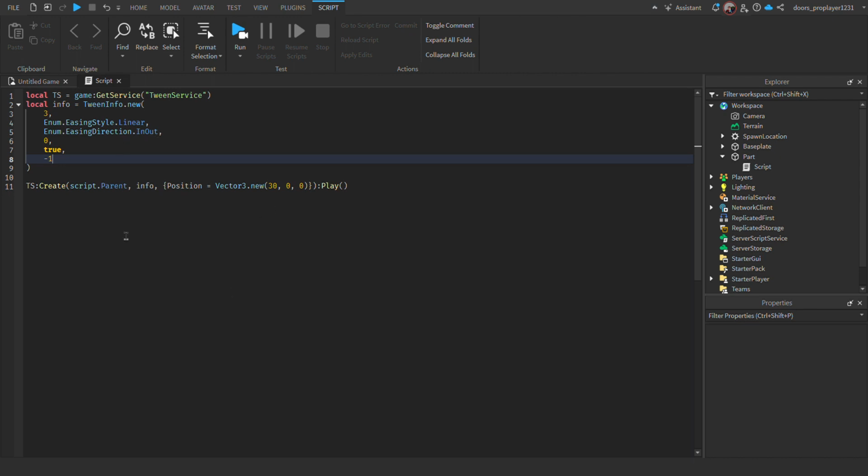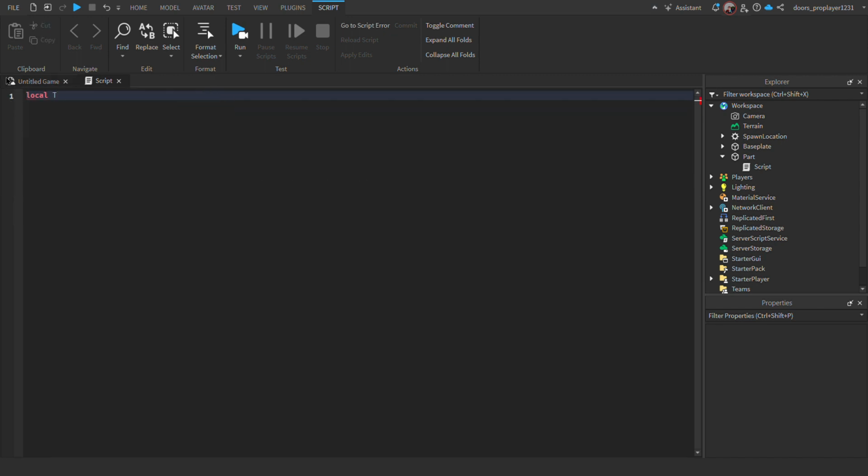So yeah. For the advanced one, I'm gonna just clear all this. Actually, no, sorry. Local TS get service, tween service, local info equals tween info dot new, and then just do whatever, 0,3, enum dot using